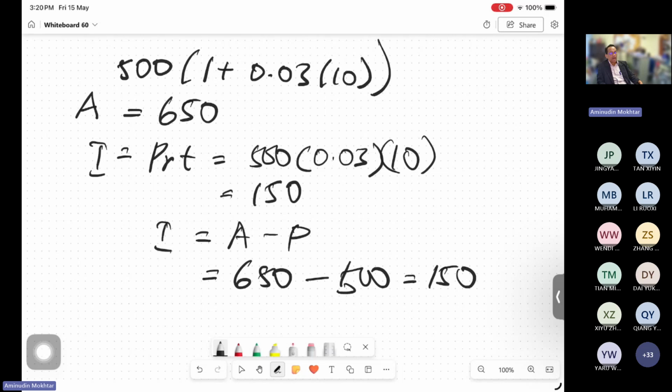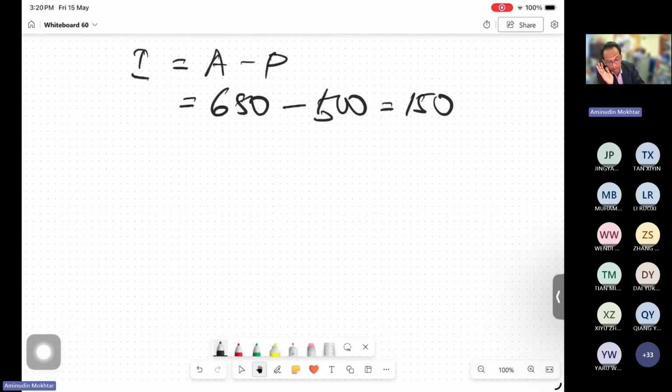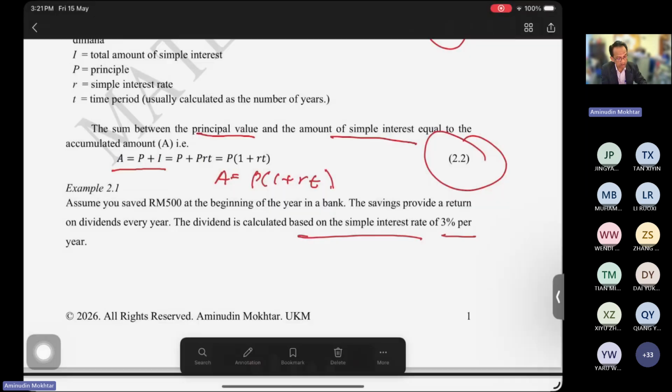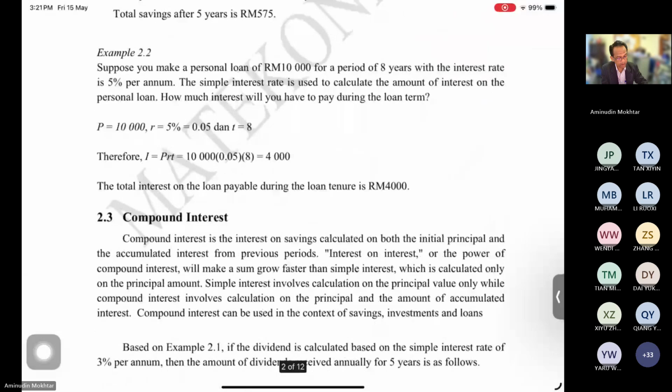That's all about the simple interest rate. Kadar faedah biasa. Kadar faedah mudah. So in conclusion, the simple interest rate is a rate that is calculated based on the original principal, or the original amount of money or original amount of loan. That's all about section 2.1, the simple interest rate. Okay, the second one is about the compound interest rate, section 2.2.